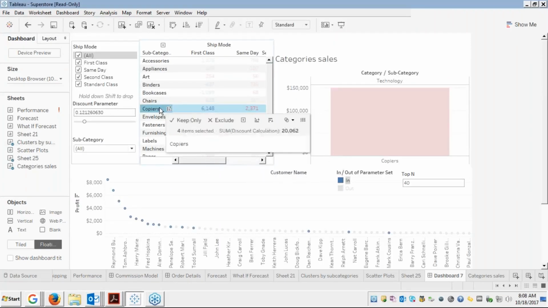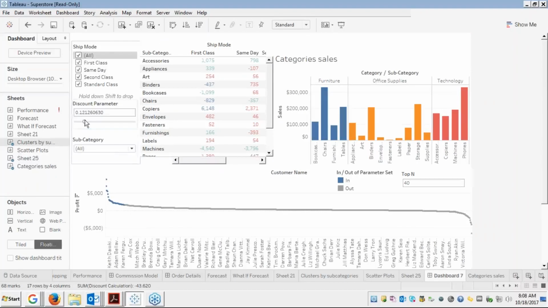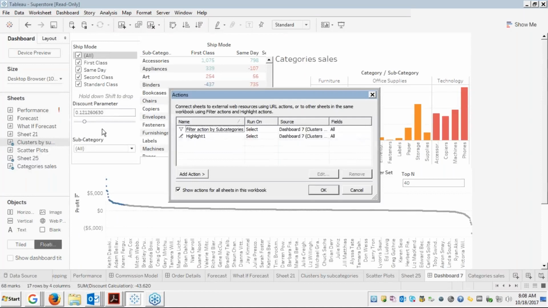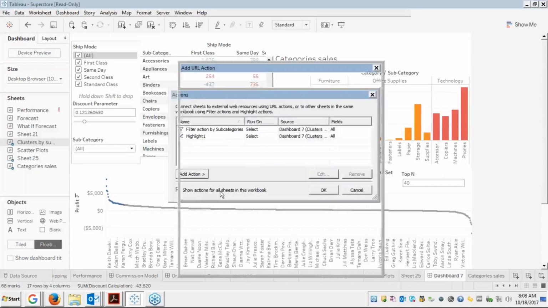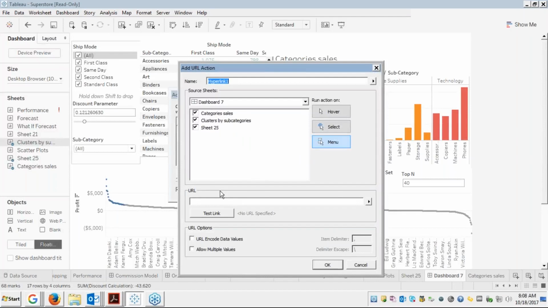Similarly, there are other actions, the filter actions, the highlight action, and under dashboard there are other actions that you can see. That is like URL action. So what is this URL action? Whenever you are clicking on one particular item there, so in all these sheets,